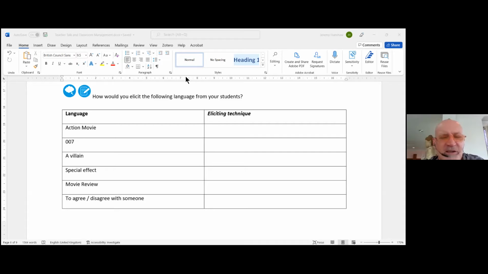Okay. Special effects. How did she elicit special effect? How did she elicit special effect?